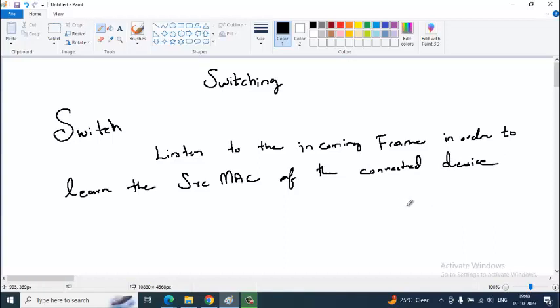Very first smart behavior of a switch: listen.